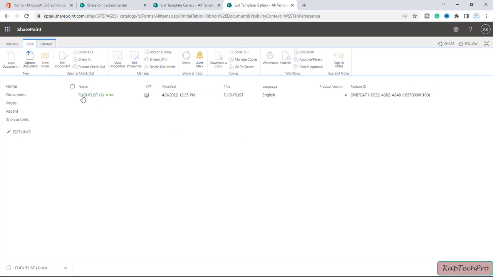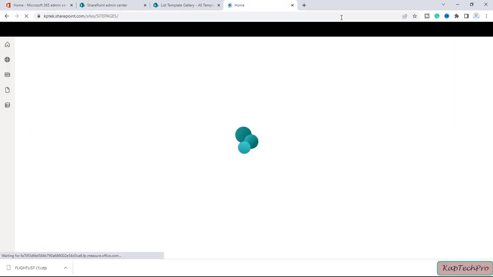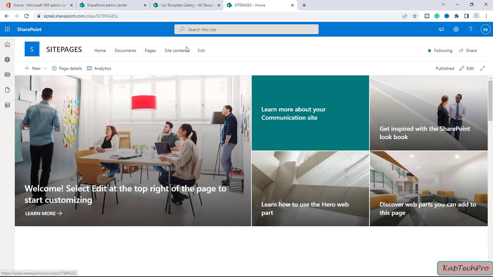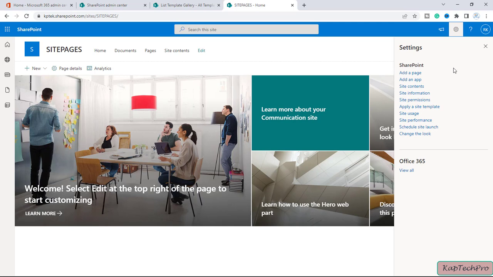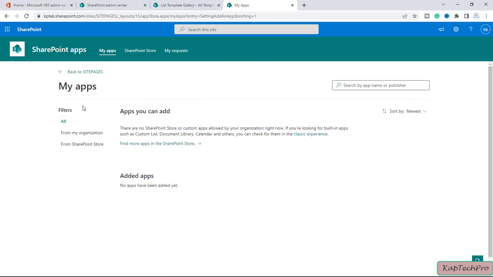Now let's create a list using this template. So we'll go back to our site once again. I will press enter. Okay, so now we are on our site, and now we'll click on the gear icon, and now we'll click on add an app. So now we are navigated to the add an app option. Here you can read there are no SharePoint Store or custom apps allowed by your organization right now. If you are looking for built-in apps such as custom list, document library, calendars and others, you can check for them in the classic experience. So we have to create a custom list, so we'll go to our classic experience,